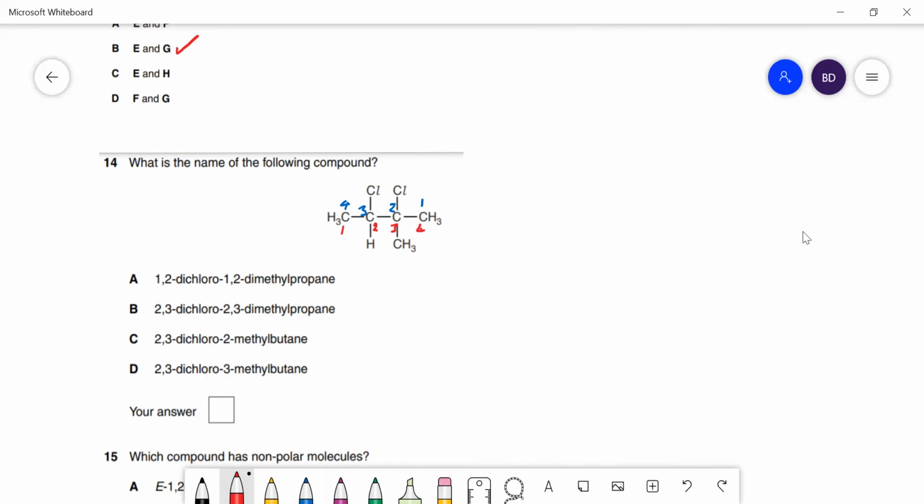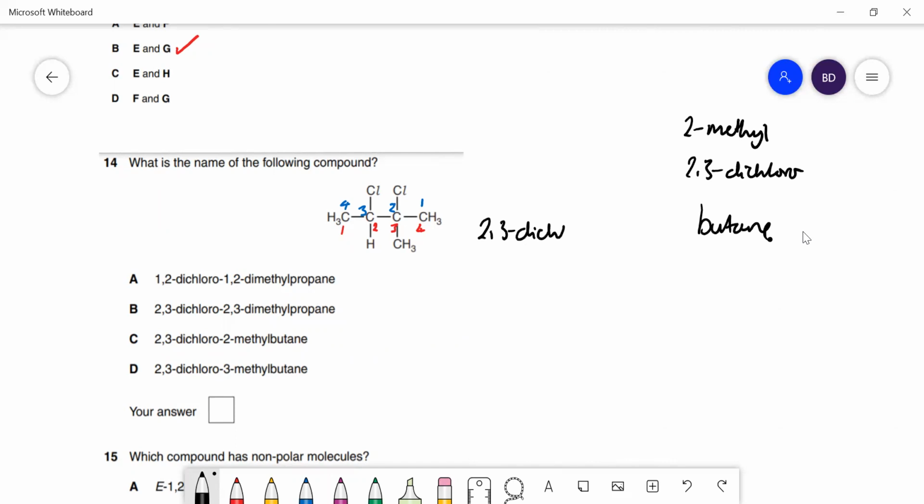So how long is it? It's 4, so it's going to be butane. But we've also got chlorines stuck on 2 and 3, so it's 2,3-dichloro. And we've also got a methyl group stuck on number 2, so it's 2-methyl. Now, which one goes first? The 2,3-dichloro goes first because we list substituents alphabetically, so 2,3-dichloro, 2-methyl